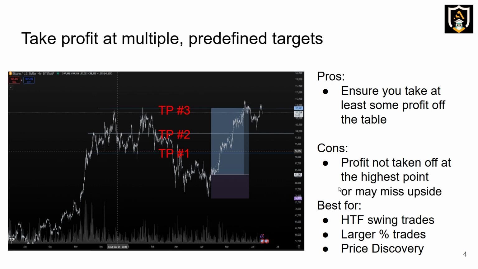Okay, the next way is to take profit at multiple predefined targets. So this is the example here. You'd look at the chart on the left and you would say, all right, where are the levels of resistance and support? And you could draw some lines and say, all right, I'm going to take some out at these prior levels that gave the chart some problems and where the chart paused last time. And you can split it into this is just a random example on Bitcoin. This is not a trade I actually took, but I'm just saying this could have been